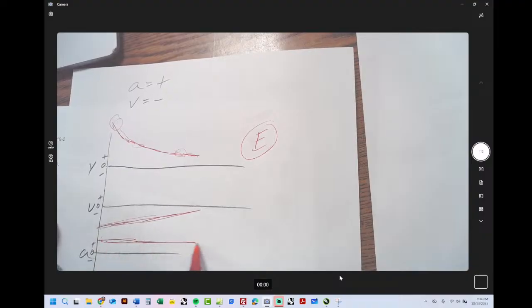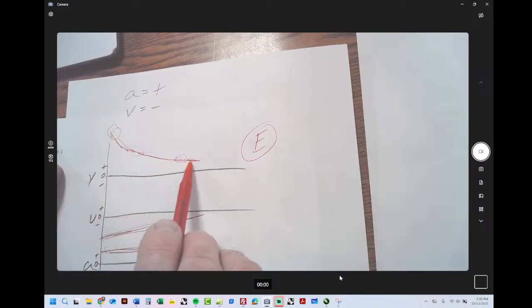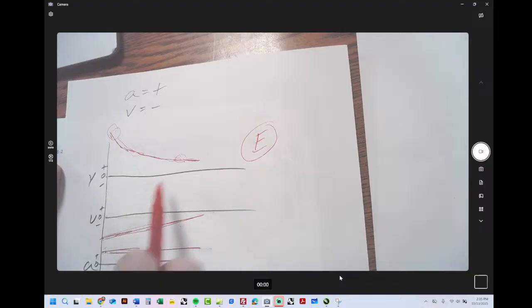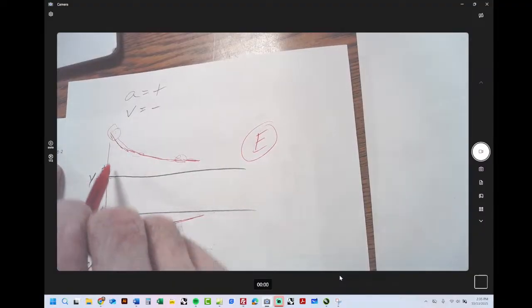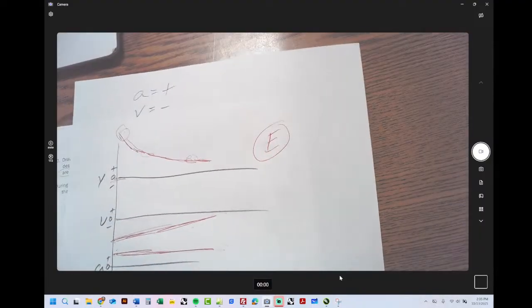So positive acceleration, we can assume that it's constant to keep this easy. These are all positive numbers, so velocity would have all these positive slopes. Need to keep velocity below the x-axis in the negative range because the rocket's still going down. And then we're going from big and negative to smaller and negative to smaller and negative. So the y position is going to have a big negative slope, smaller, smaller, smaller, and smaller negative slope. And the y position should be above the x-axis because the rocket's always above the ground. So that explains the